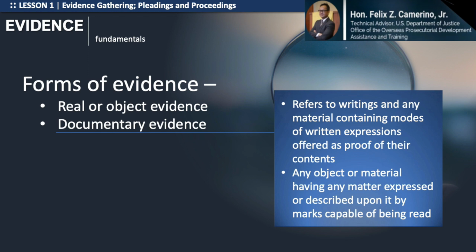Earlier, we were talking about electronic evidence as well as digital evidence that are under the rules on cybercrime warrants, and then the earlier rule also on electronic evidence. It's important to note that digital evidence or electronic evidence is under those rules. They are deemed to be documentary evidence. Okay, so as documentary evidence,